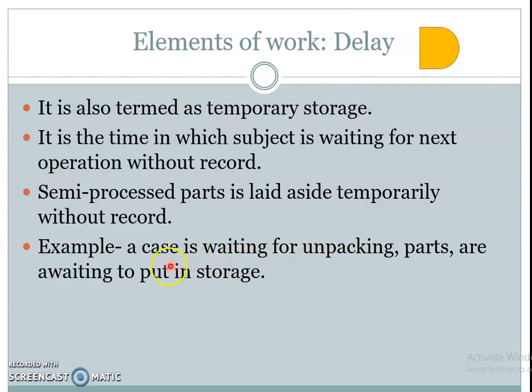For example, a case is waiting for unpacking, or parts are awaiting to be put in storage. These are examples where we have to use the delay symbol on the chart. We'll discuss the later part in the next